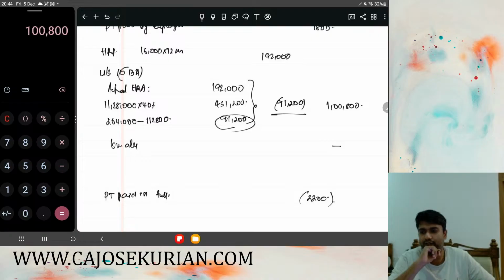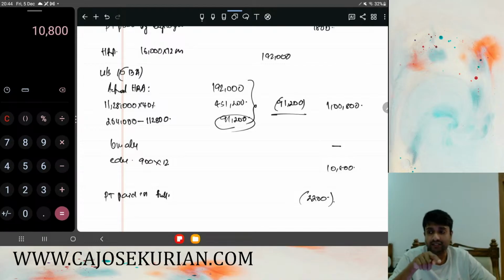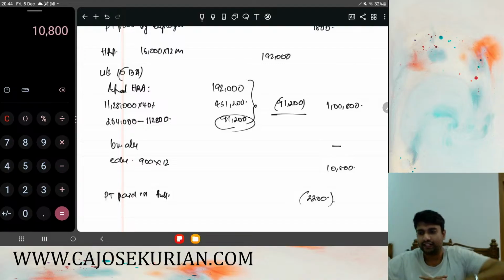Then free education was provided to the sister. That will be a taxable perquisite. Free education to the sister is 900 per month into 12 months, that will be 10,800, fully taxable. For children, up to 1,000 rupees is exempted, but for sister, nothing shall be exempted, fully taxable. Then leave travel concession to Anshul and his wife and 3 children, 1 daughter, age 6, and twin sons, age 4. Cost of air tickets reimbursed by the employer is 20,000 for the adults and lump sum 25,000 for 3 children, fully exempted. Nothing shall be taxable.